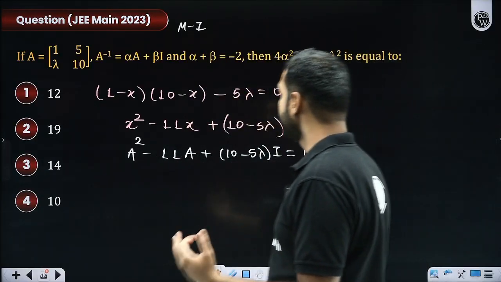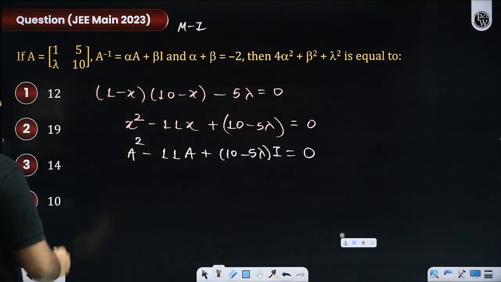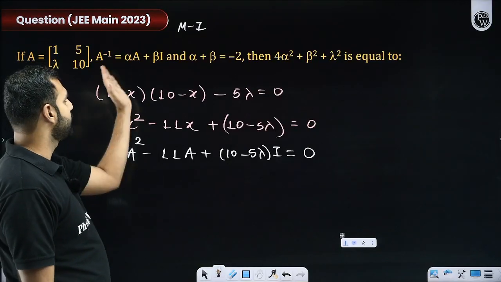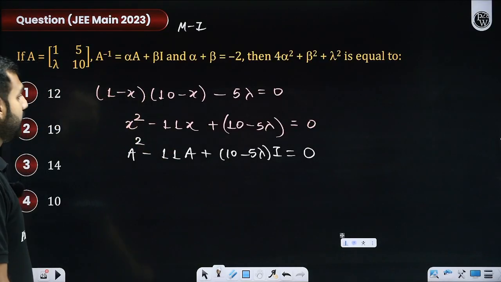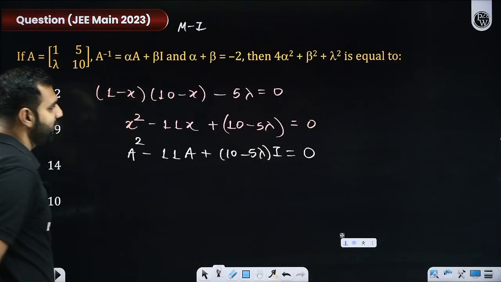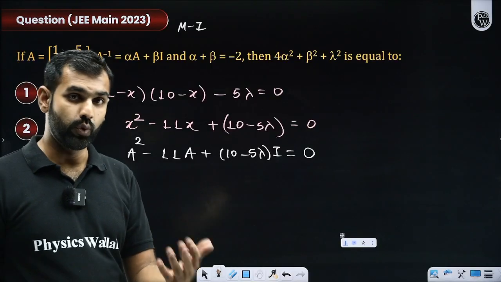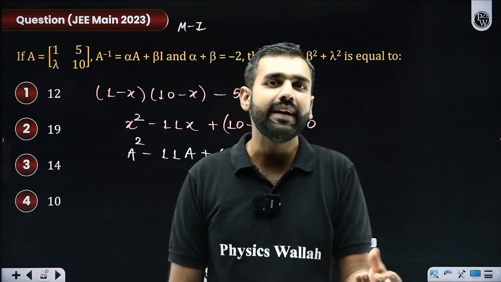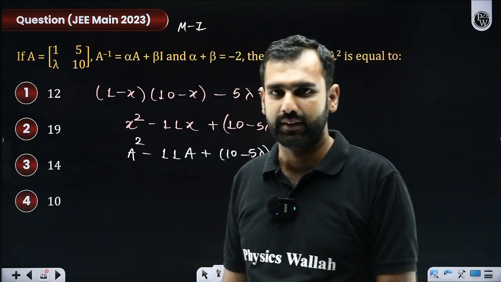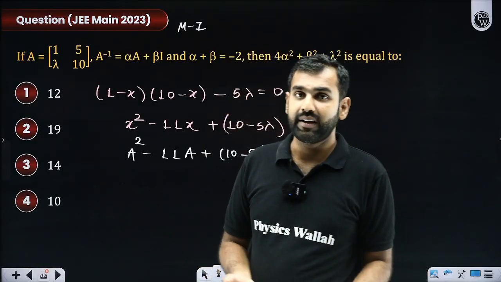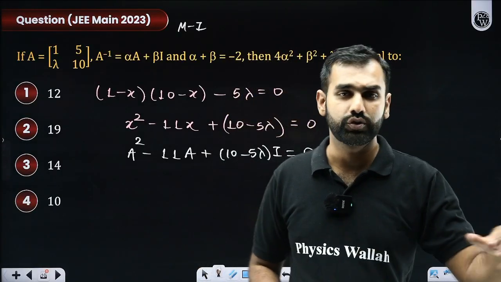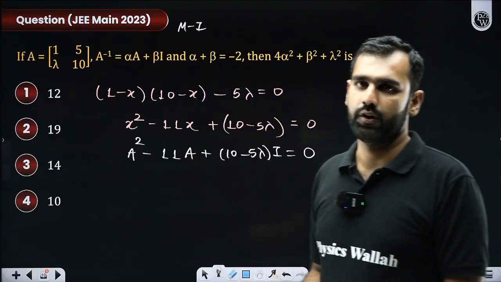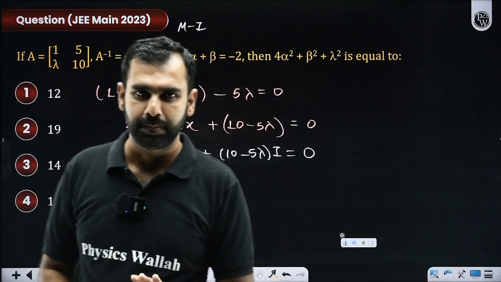Sir, they are not asking you this. Rather, they are asking you that A inverse is given by alpha A plus beta I. Okay. So A inverse is given by alpha A plus beta I. So here, with this, can I define A inverse? Although, instead of doing all of this, you would have simply adopted one more method which we know: find A inverse. That is also a very good method. But I'm deliberately stopping myself from using that because we have already used those methods previously. So now I'm deliberately wanting to use matrix polynomial, Cayley-Hamilton. I hope you're getting that.